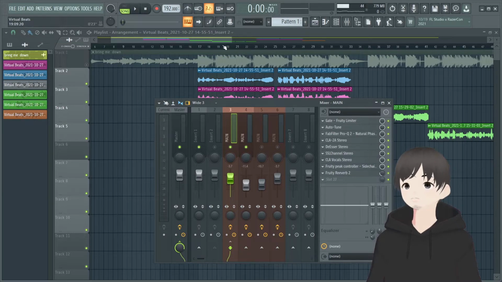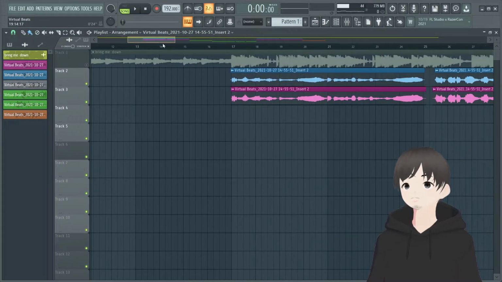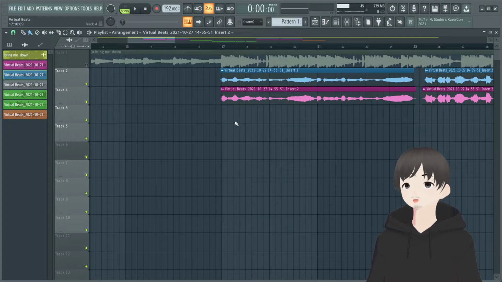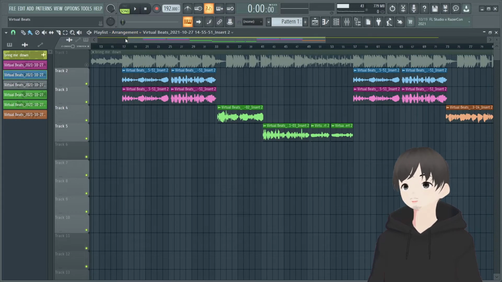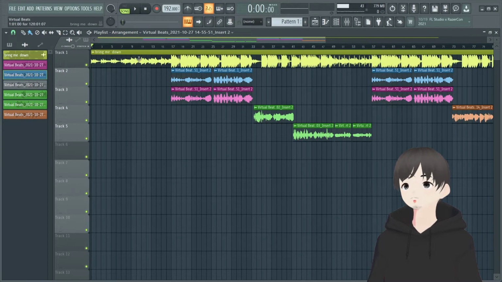And another technique you could do is, instead of duplicating the vocals like this, you could redo it and just re-record it in a higher octave. That way it sounds more different. It sounds more like a female vocal. But yeah, that's pretty much what you do. And then when you play it back,